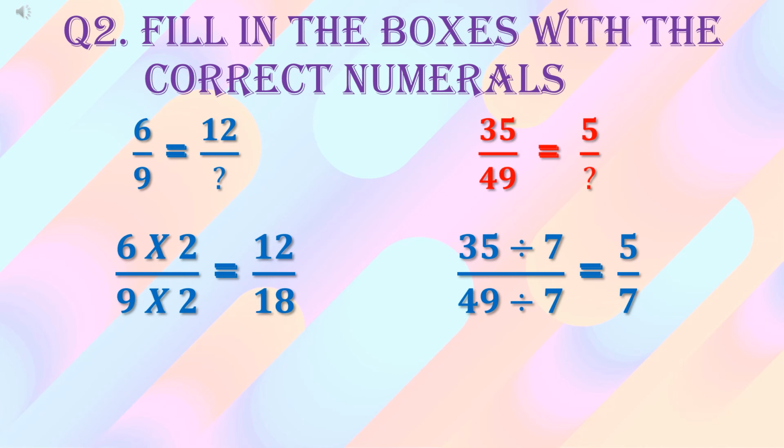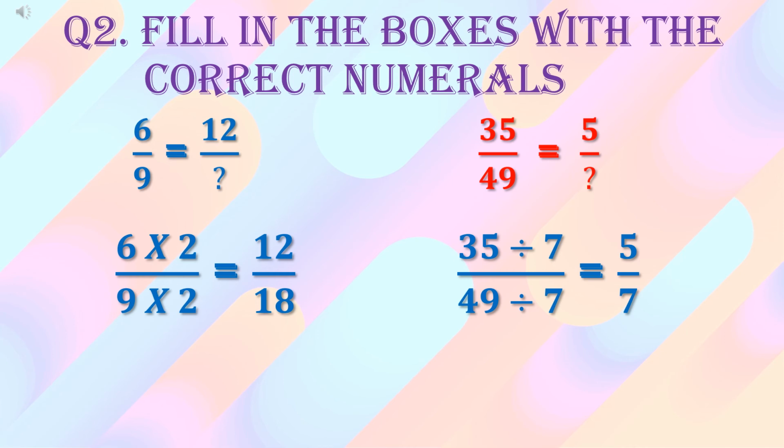So what we will do is we will take 6 upon 9 and we will check by which number we should multiply 6 to get 12 as numerator. 6 को हम किससे multiply करें कि हमें 12 answer में मिले? तो 6 2s are 12, तो 6 को अगर हम 2 से multiply करते हैं तो हमें 12 मिलता है. तो because we need to find out equivalent fraction, हमें equivalent fraction ही पता लगानी है, तो क्योंकि 6 numerator है उसको 2 से multiply किया गया है, तो 9 which is denominator will also be multiplied by 2. 6 को multiply किया गया था 2 से, तो 9 को भी 2 से ही multiply करेंगे.